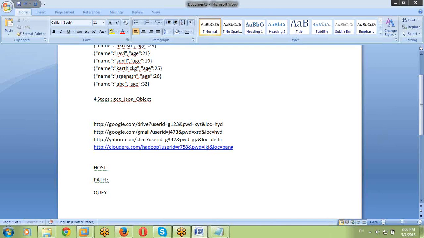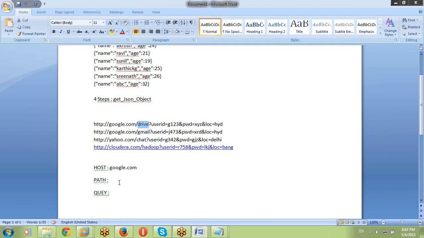Any log file is divided into 3 categories: host, path, query. For example, right now this is my URL, www.http.google.com. So google.com, the main content, we call a host. After that, what event we are doing, that event we call a path.